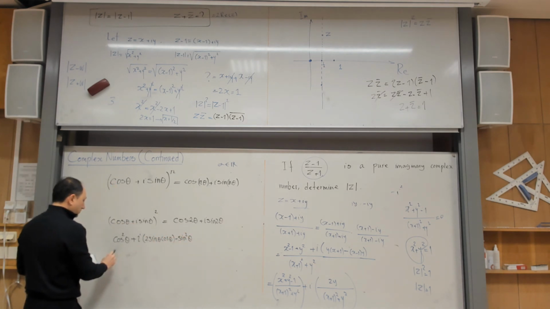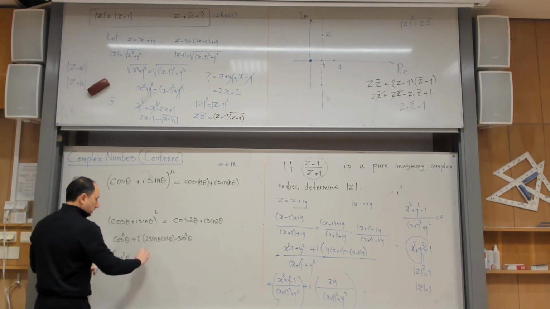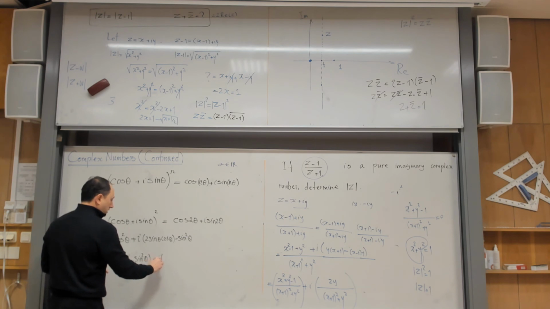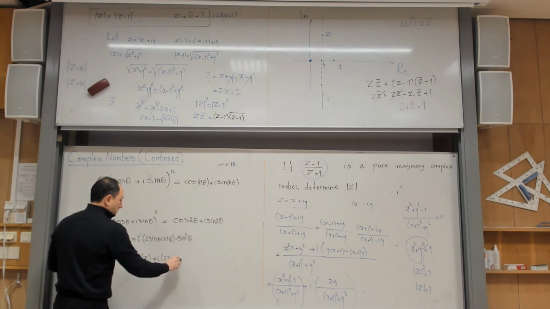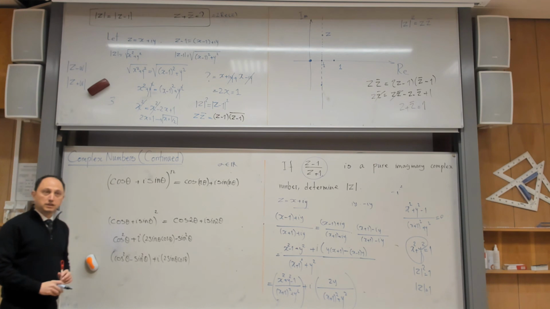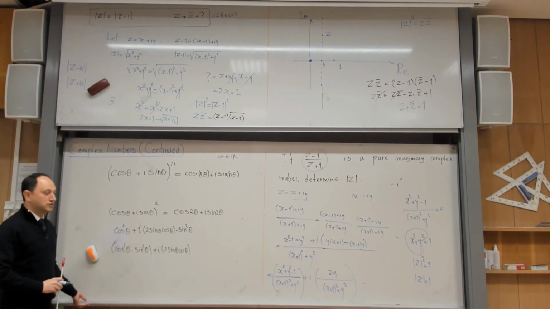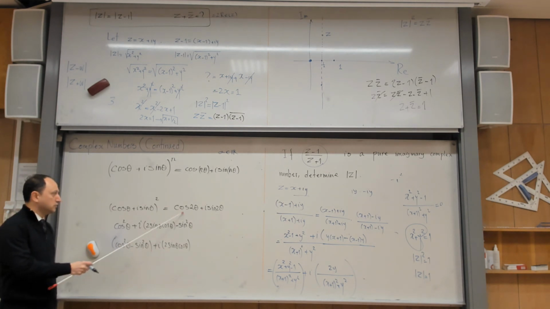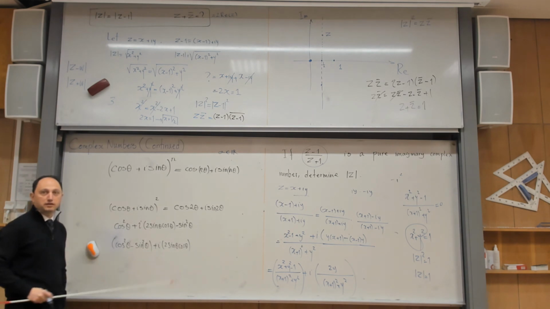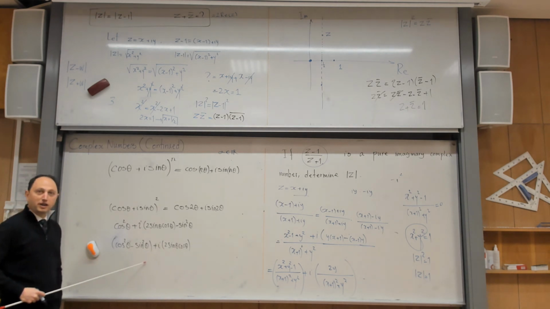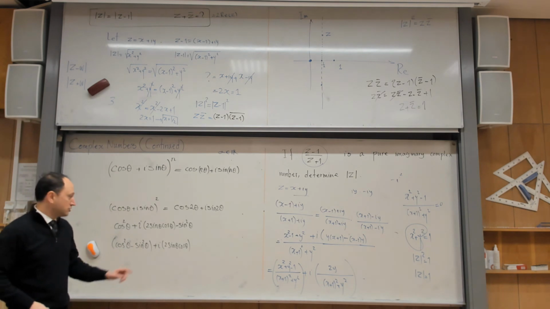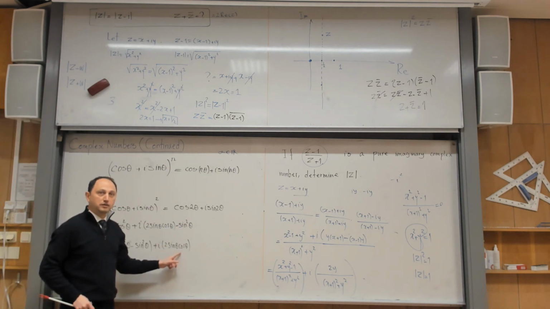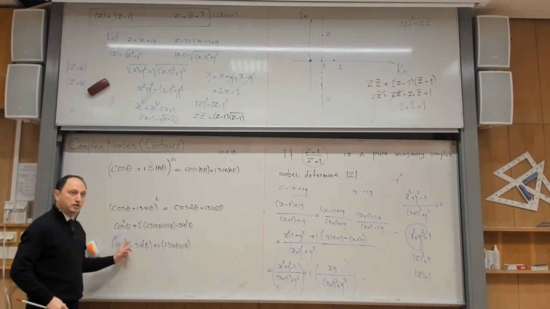If I combine them, I can write the real parts into one pair of brackets, and then I can write this. Yes? And now see, a very, very interesting thing happens, yes? Because I have this complex number equal to this complex number. This can happen only if the real part is equal to that and the imaginary part is equal to that. You got the formula for the double angle in a matter of seconds. So sine 2 theta is 2 sine theta cosine theta, and cosine 2 theta is cosine squared theta minus sine squared theta.